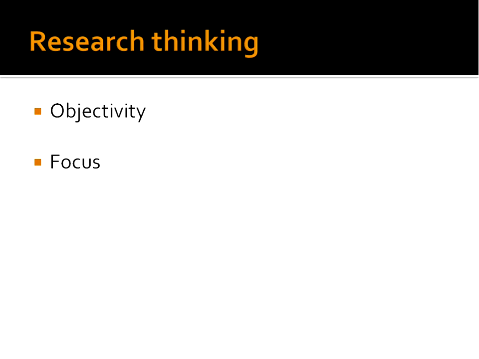Research thinking also involves a recognition of the presuppositions that you have. What is it that I bring to the table when I'm studying these kinds of subjects? That is things that could be shaped by your religious background. It could be things shaped by your personal background. It could be baggage that you carry. You might not be able to get rid of all of that in trying to be objective, but you have to recognize those kinds of things, especially if you're thinking about, I'm communicating this to an audience who might not share my same presuppositions.